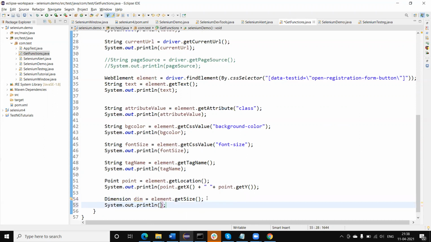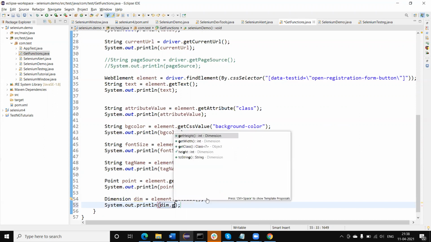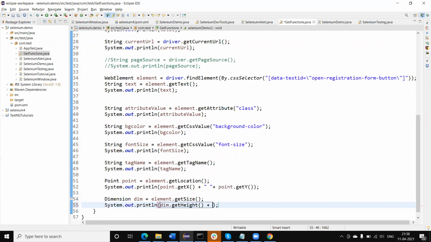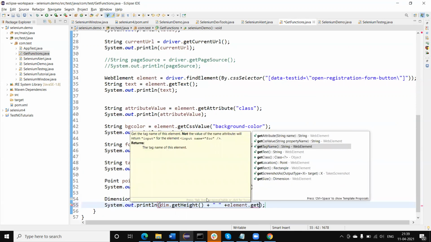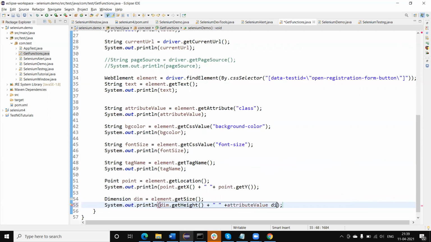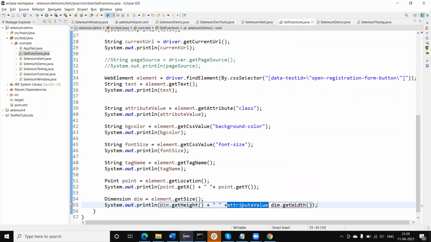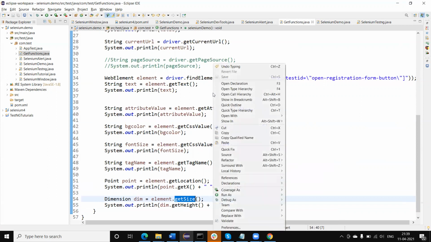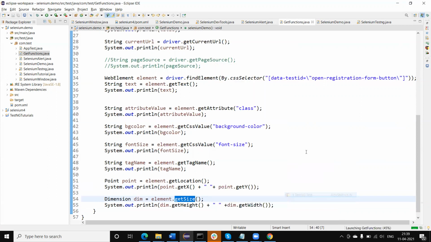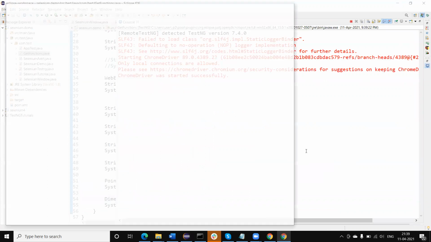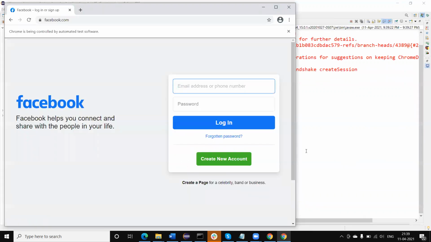Using the dimension object, we can get the height and breadth of the element.